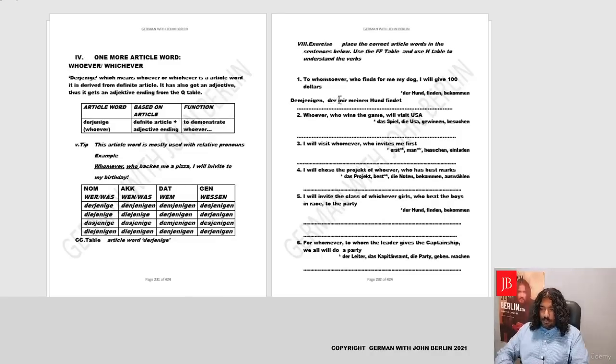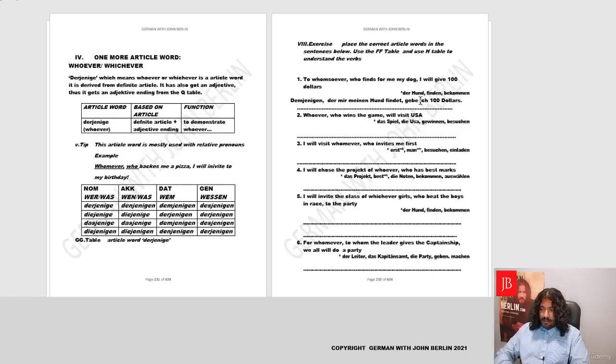Who finds for whom what? So it's basically who, for me, mir, ich, mich, mir, dative. What? Den, die, das. We get den Hund, meinen Hund, the EN of the den. So der, mir, meinen Hund, and it's a Nebensatz, so the verb goes at the end, conjugated for der. So der mir meinen Hund findet. I'll give $100. The verb to give is geben. Gebe ich $100.